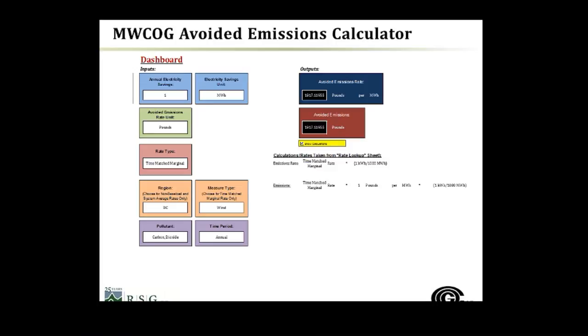So we produced a calculator which enables the Metropolitan Washington Council of Governments and their member municipalities to calculate the avoided emissions from specific projects and programs. There isn't time for me to go into this. I'm showing you the dashboard, and essentially this is simple enough that any staff member with some small amount of training could easily go in and evaluate a project.